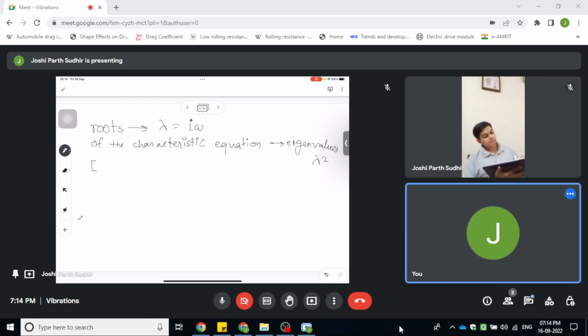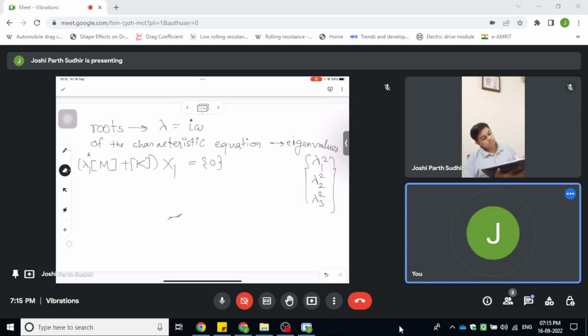So basically if we have the three eigenvalues, lambda 1 square, lambda 2 square and lambda 3 square, then we will have lambda 1 square m plus k into x1, or let us call it capital X1, is equal to 0 vector,